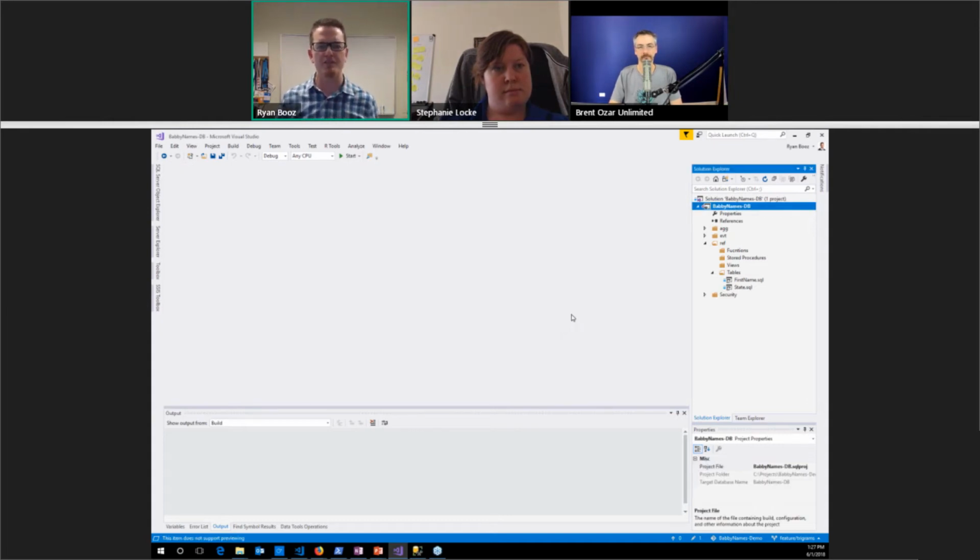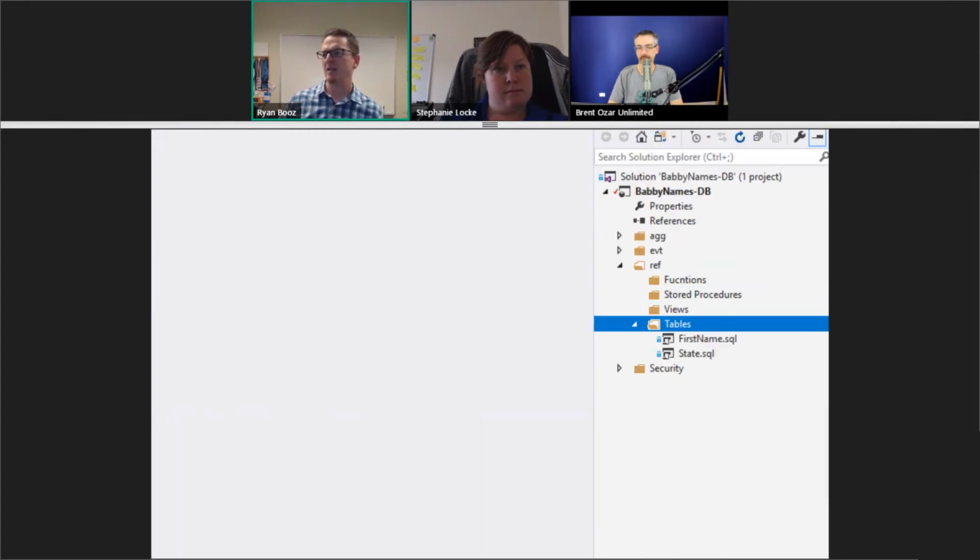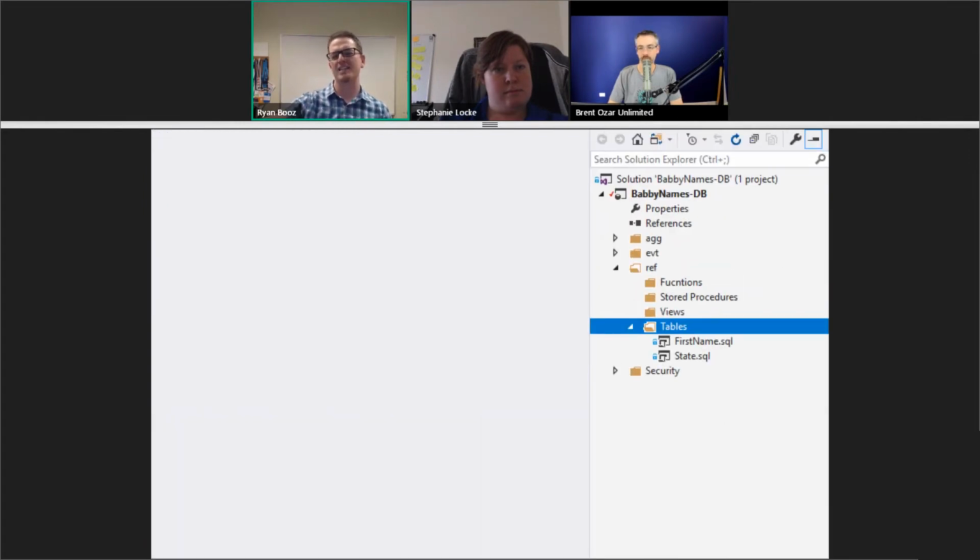So the very first thing I have to do is create a function to actually create my trigrams. All right, so I'm going to come over here. I've already started some folders. And so you can do it in a number of ways. I meant to say this earlier, the folder structure is not necessarily important. SSDT is smart enough to understand what the SQL is. And so I could call these whatever I want. It's not going to impact SSDT. This just makes sense to me. So that's why we do it.